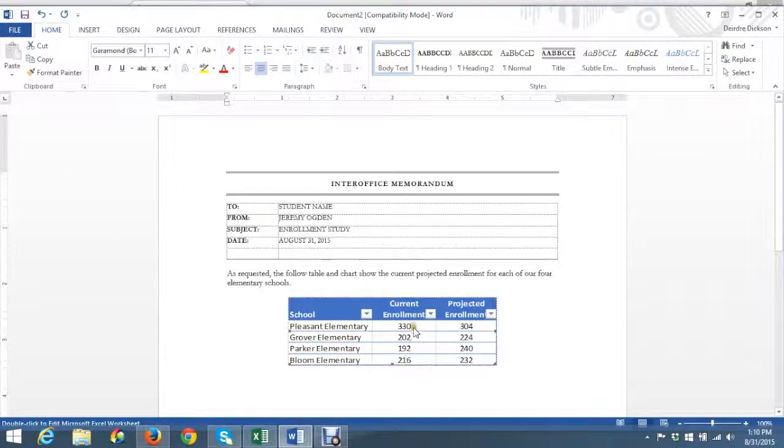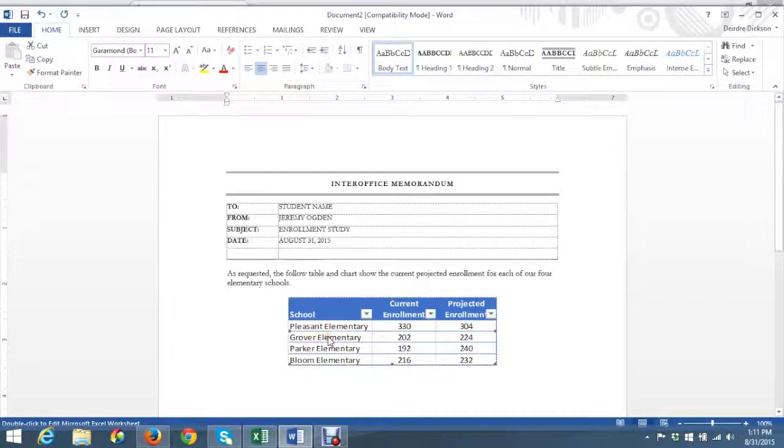And so live updates are a benefit of actually linking the table from Excel when we use Paste Special. If I just paste, my data is not automatically updated like that. So once I now have my actual data pasted in and linked, the next step of our assignment is asking